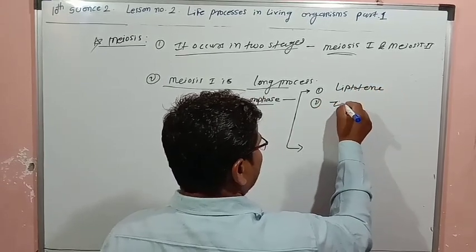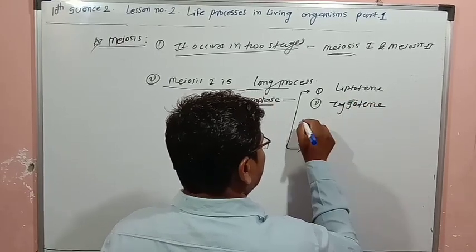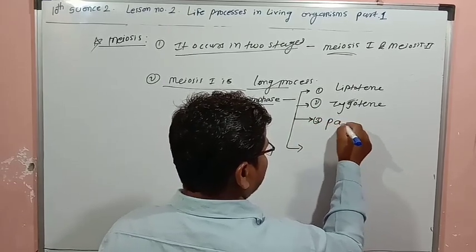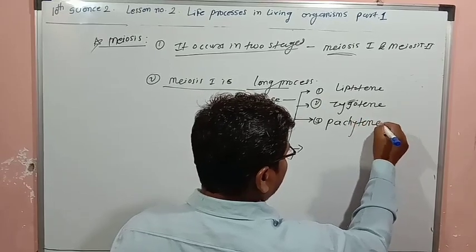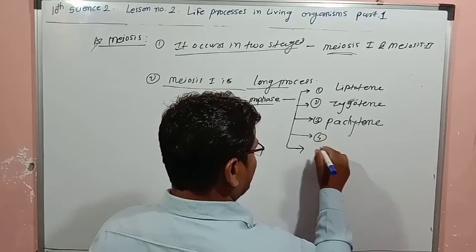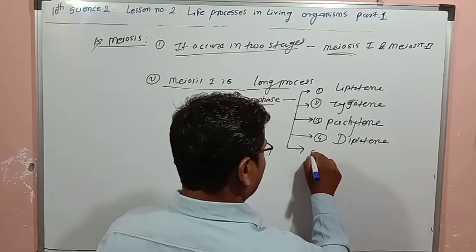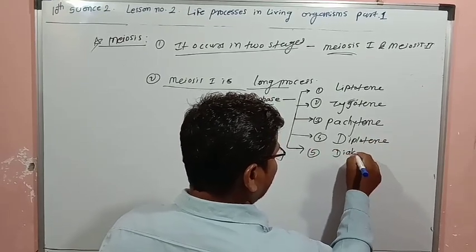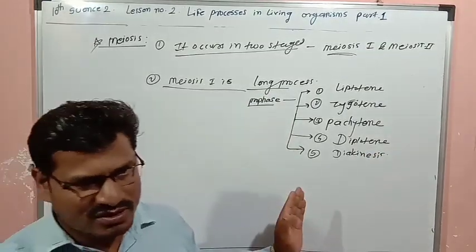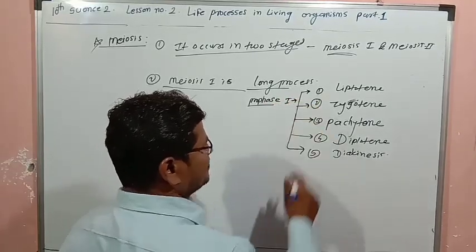Second one is zygotene. Third one is pachytene. Fourth one is diplotene. And fifth one is diakinesis. So in meiosis first, prophase first has